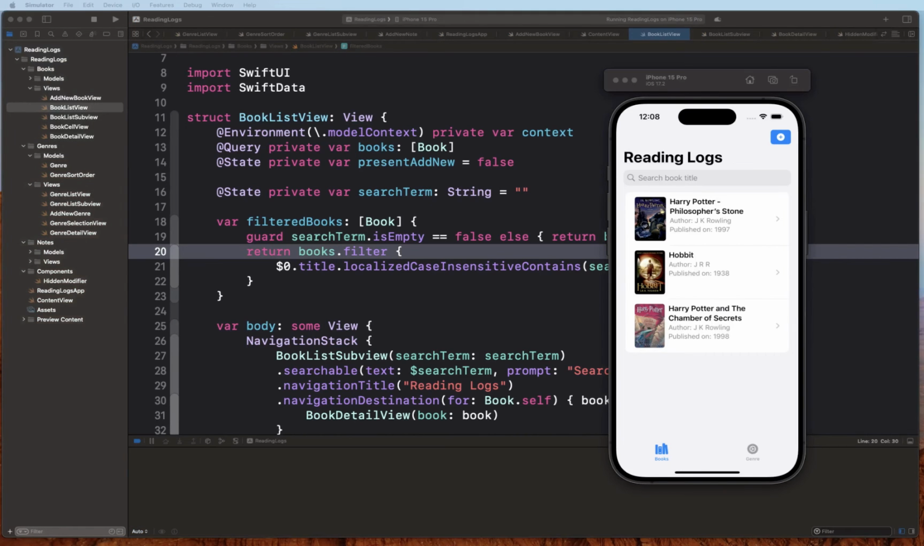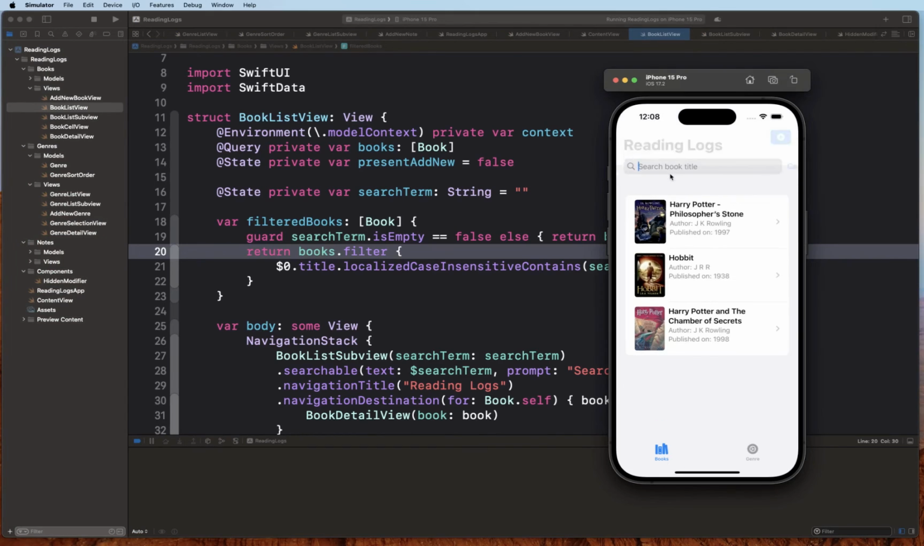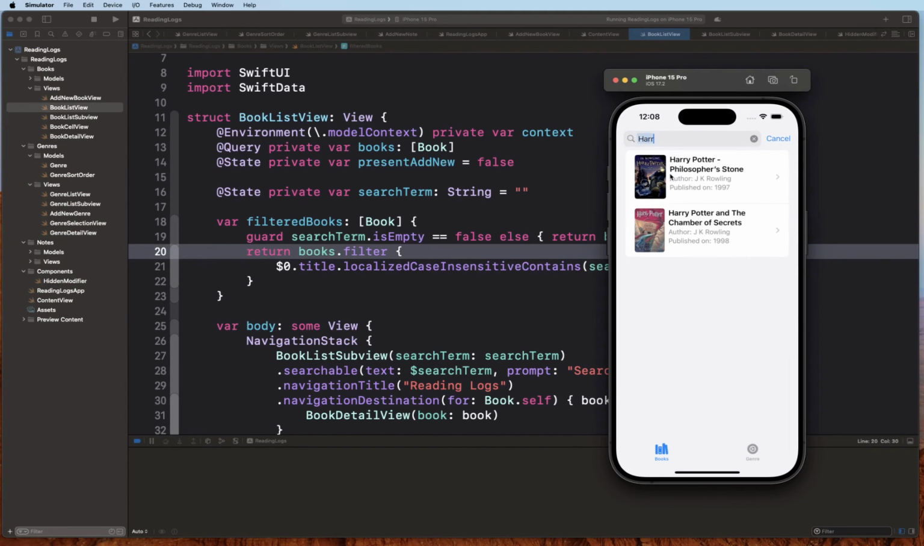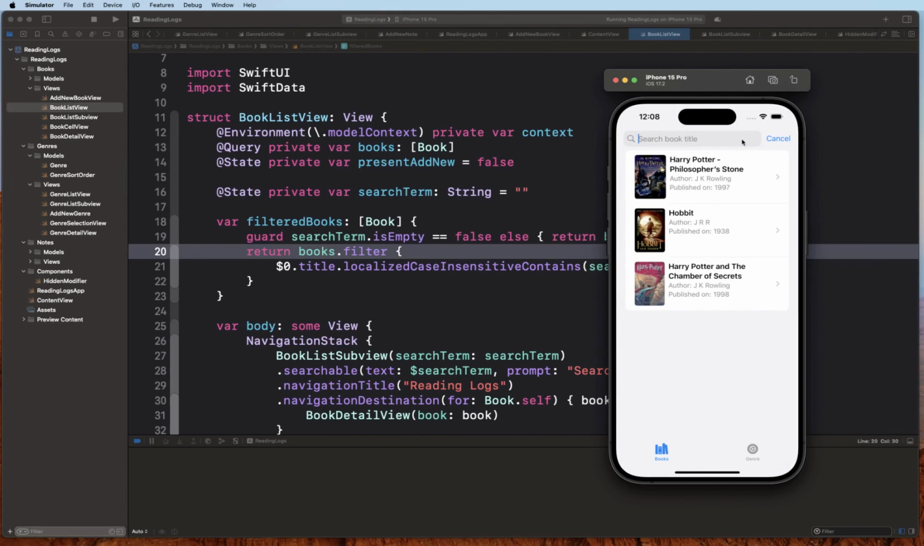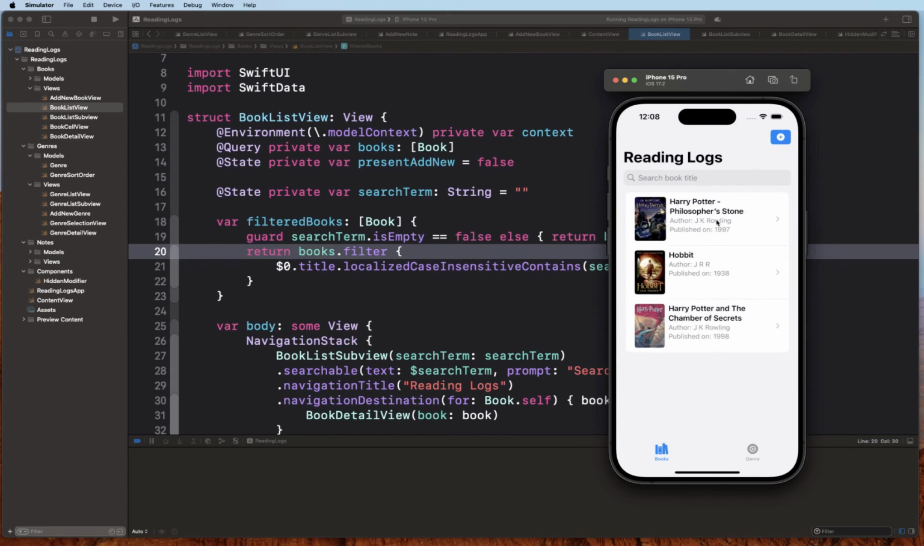All right, so our app is running, and let's go ahead and try to filter it out. We're going to filter it with Harry Potter, and as you can see, our list is being filtered. Let's say Hobbit, and we can actually see the Hobbit. All right, so how do we know whether this search query is actually working at the database level and not